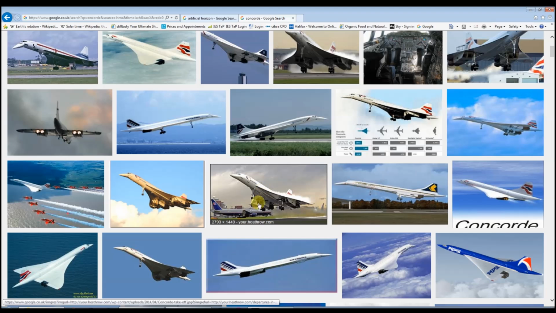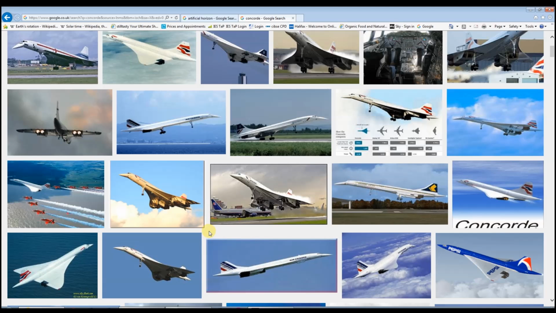This is the iconic Concorde. Unfortunately they don't fly anymore. The last one flew in 2003. Kind of regret not having been a passenger on one of these planes. The reason I've chosen to talk about a Concorde is because of the particularly high altitude that they fly at. They fly up to 11 miles high,